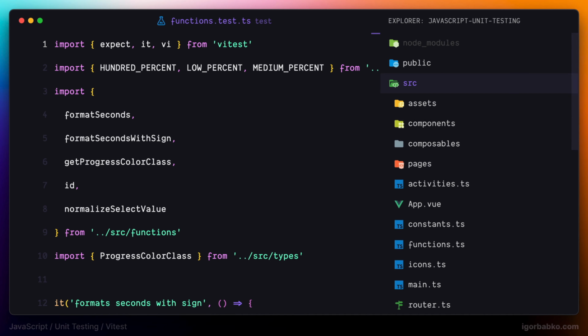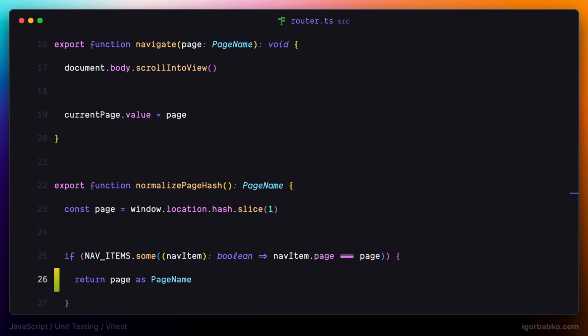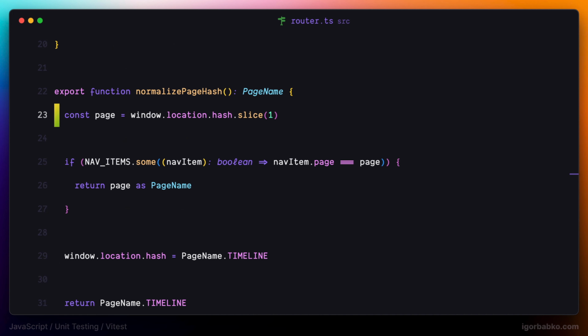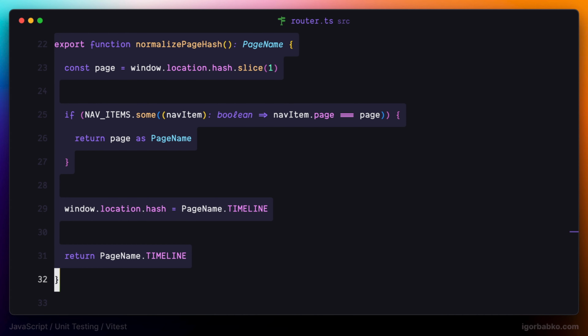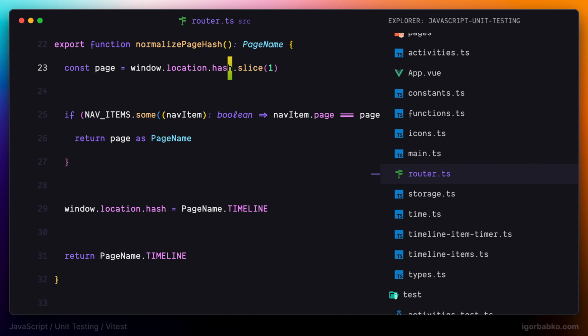Moving on to the next file with functions, it will be router.ts. In here we have a function with the name normalizePageHash, which is a pretty interesting use case for us to test, because this will be different from all other tests we have written before. Because as we can see in here, we are referencing an object called window, which only exists when this function is executed in the browser environment. So we will have to find a way to provide this object in a Node.js environment to be able to test this function. We're going to talk about implementation details of this function a little bit later, and for now,